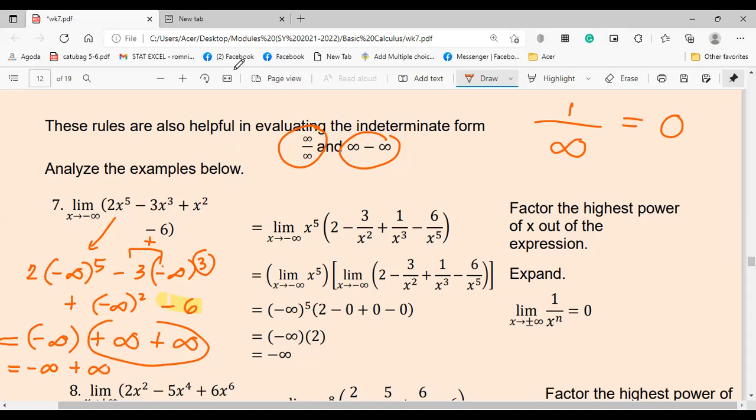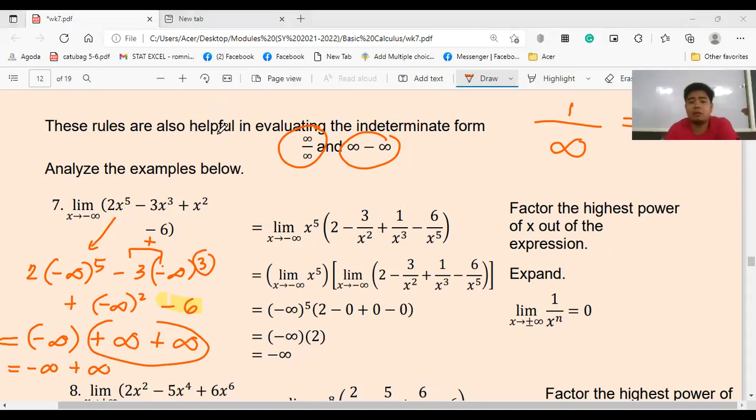And if you look at it, class, you can't factor it out that quickly, right? Why? Because you see the negative 6. 2x raised to 5 minus 2x cubed plus x squared, and there's minus 6. Do you think you can factor out right away? There are cases wherein the factoring technique is appropriate. But there are also chances, since the number of terms is more than 2, you can actually have a polynomial